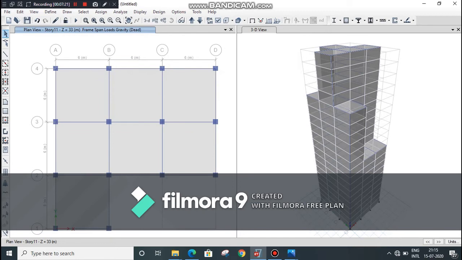As you have seen, when the option for similar story disappears, you can go to display option and select undeformed shape. It is shown here. Now before applying any load, make sure that the similar story option is selected because